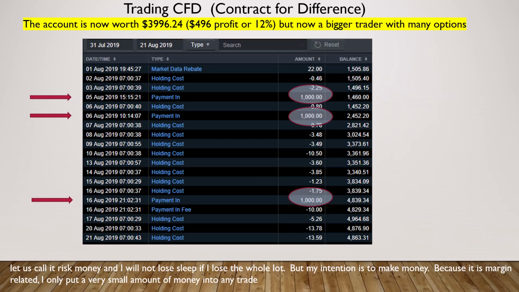Okay, here we show you the three different entries. We initially had $500, and you can see here our balance at that time was $1,500. So that is, as I showed you, a 300% return on our initial 500, and that was on the 1st of August. On the 5th of August, we put in an extra $1,000, transferred the money into the trading account. On the 6th of August, we added an extra $1,000, and on the 16th of August, we entered another